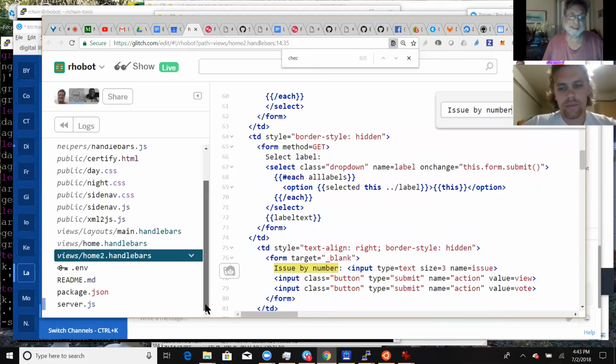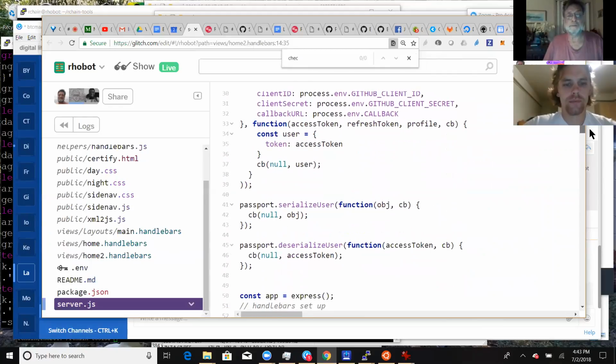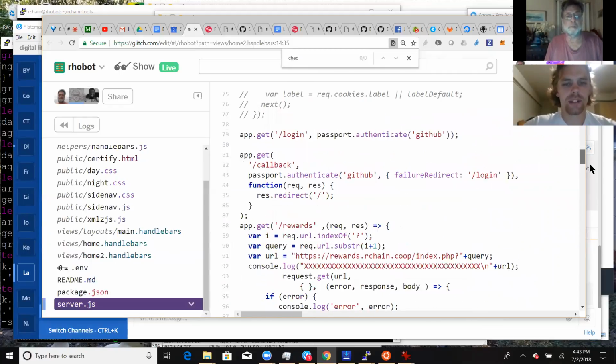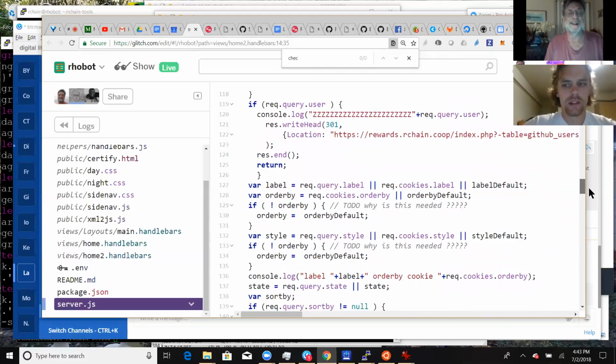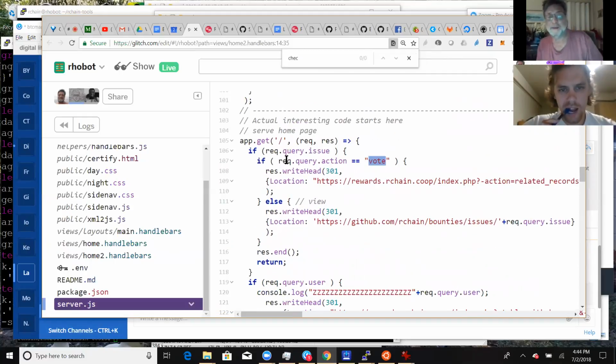So the code we need to look at is not in... Yeah, it's going to be in the server, right? It's going to be in the server. And I think it's somewhere around line 107 it gets interesting. Okay, this is the get slash. Now we probably could have made a separate landing for these things, but we started down the road here where we look for an issue. If the issue variable is set,